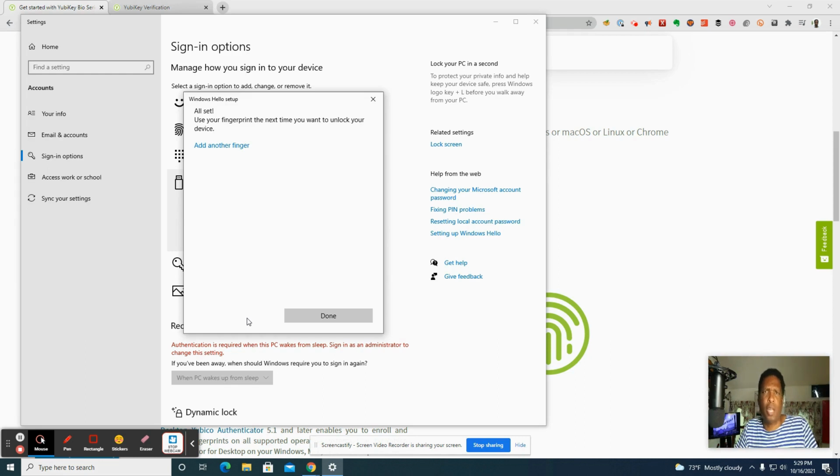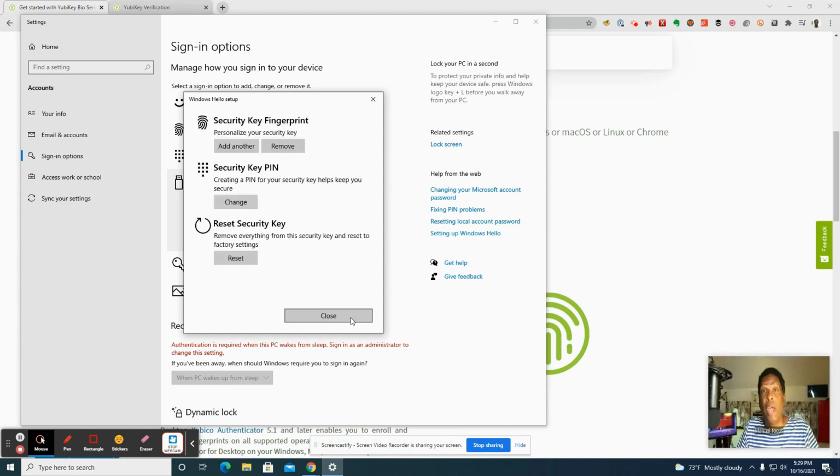Now it's pretty much like when you're adding it to your phone. You just have to touch it 4 or 5 times. I always vary my finger just a little bit just so it can read it from all different angles. We have the option of adding another finger. It can hold up to 5 different fingers, and you really should do 1 on each hand. Now you could also enroll a finger from family members, a coworker or spouse. In case they have to use the key, their finger will already be registered within the key itself.